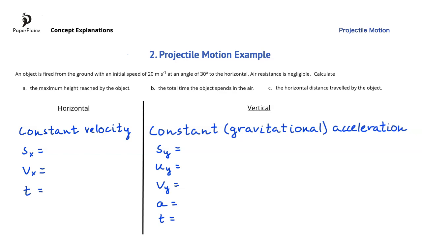We know that the initial speed is 20 meters per second, and that the velocity vector initially makes an angle of 30 degrees with the ground. Using vector resolution, which we mentioned earlier in this video, Vx, the horizontal component of the initial velocity, is equal to 20 times cos 30°, which is about 17.3 meters per second. Uy, the vertical component of the initial velocity, is 20 times sin 30°, and this is 10 meters per